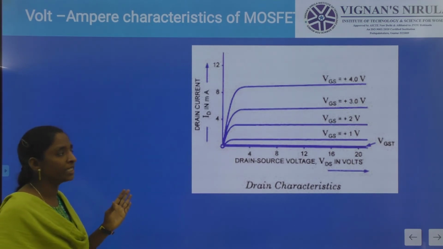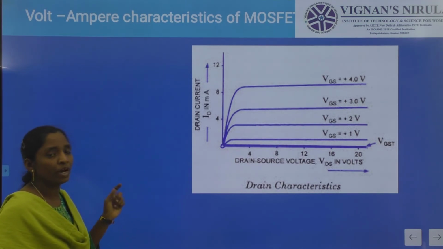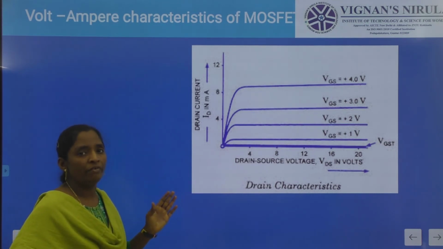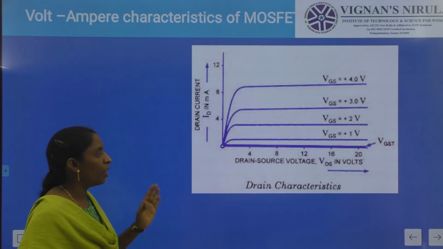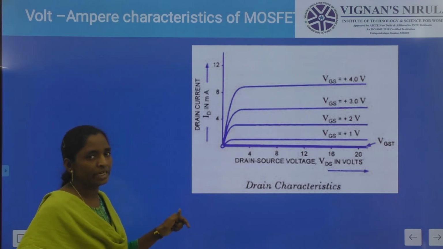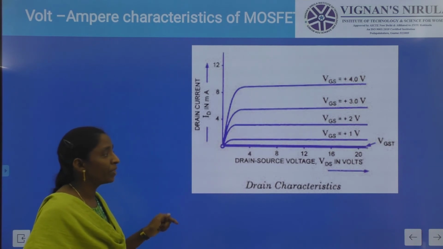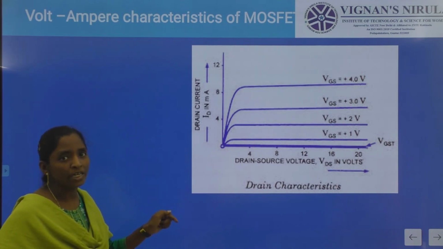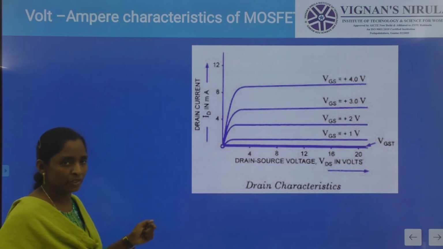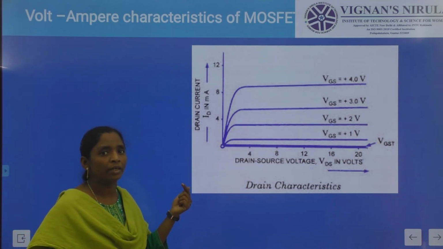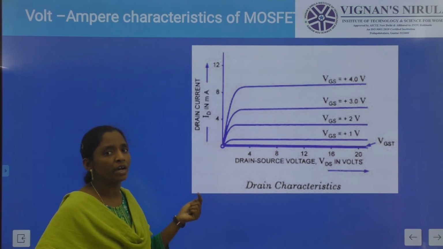The name indicates that field means voltage. We are using voltage to control the entire operation of the field effect transistor. So the operation of the field effect transistor depends on VGS. If VGS is negative, the output voltage and output current will be reduced. If VGS is high, the output voltage and output current, that means ID and VDS, also increase.